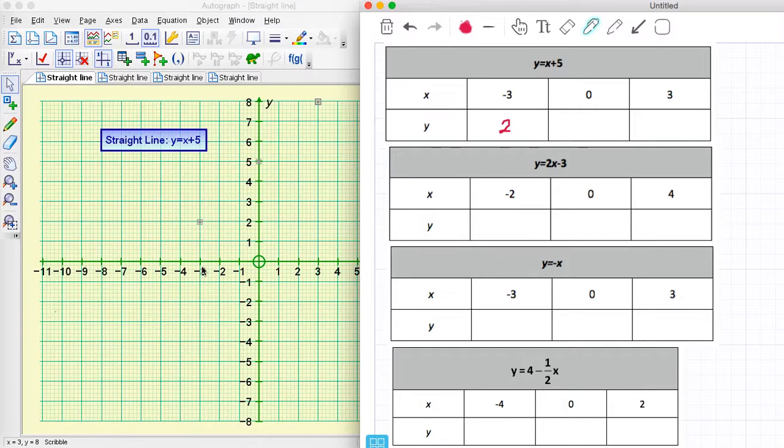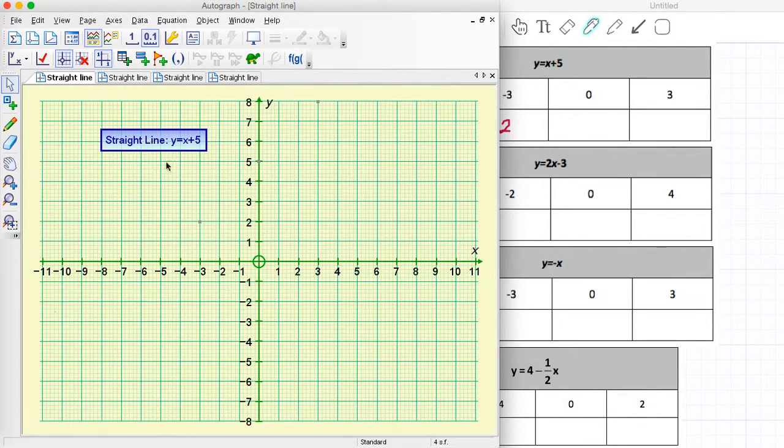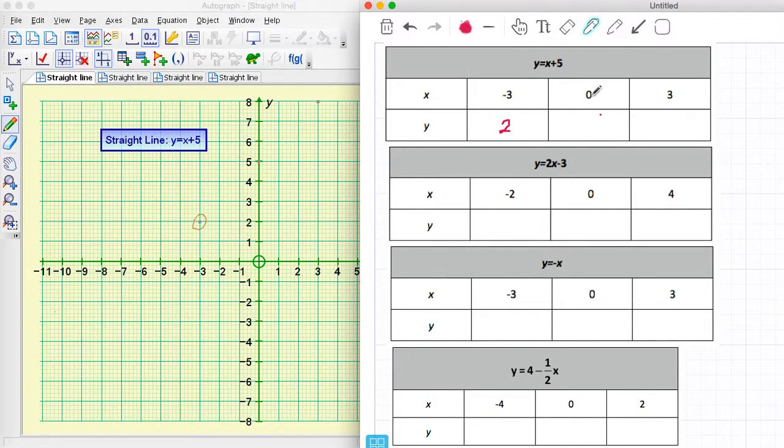And you can see here that we've plotted -3, 2. So let me just scribble on there, -3, 2. That's one of the points that I've plotted. Now I always choose 0. You can see through all of these that we're going to do, I've chosen 0. So 0 plus 5 is 5, and there's my second point here at 0, 5, and 3 plus 5 is 8,